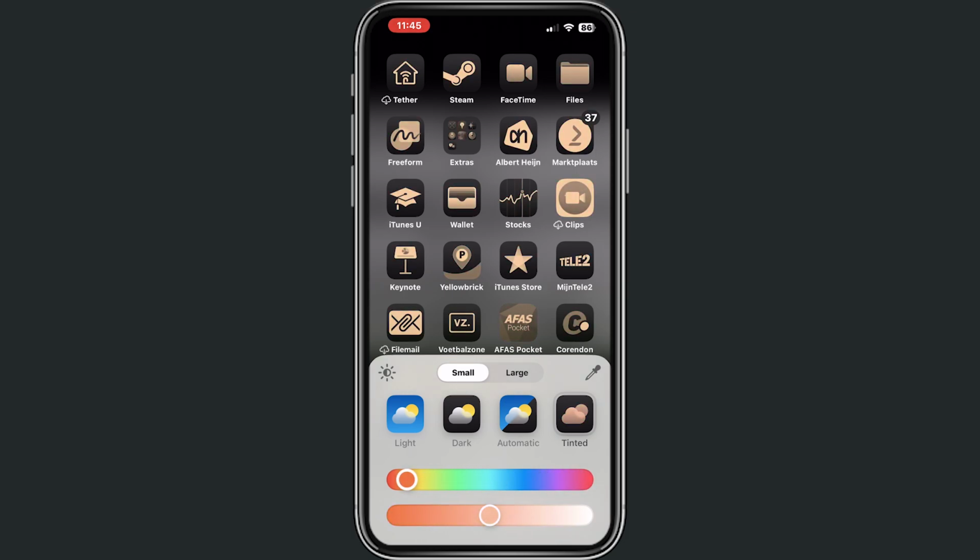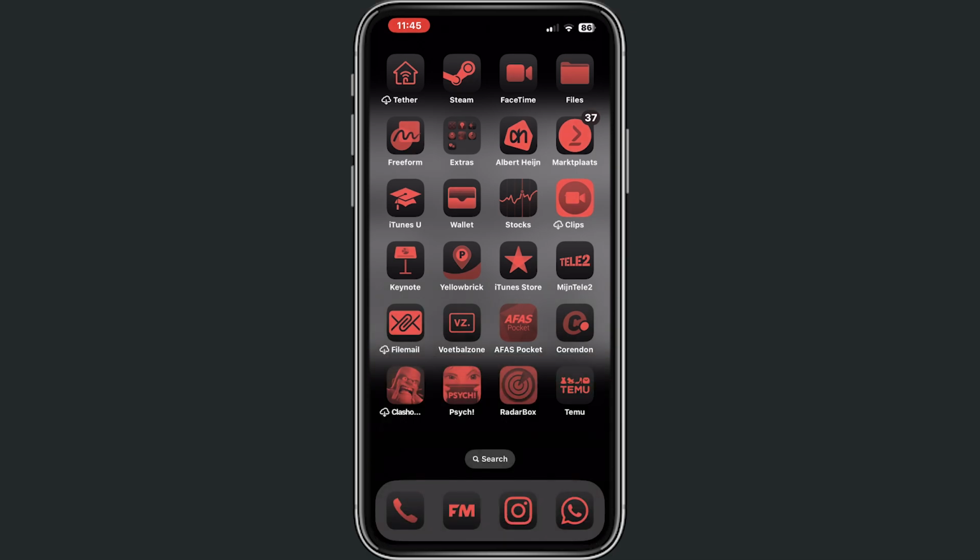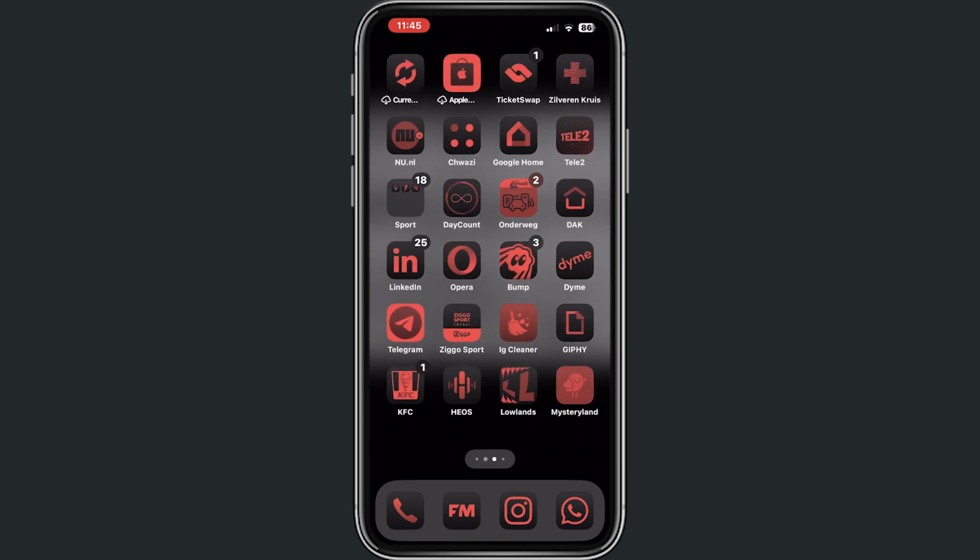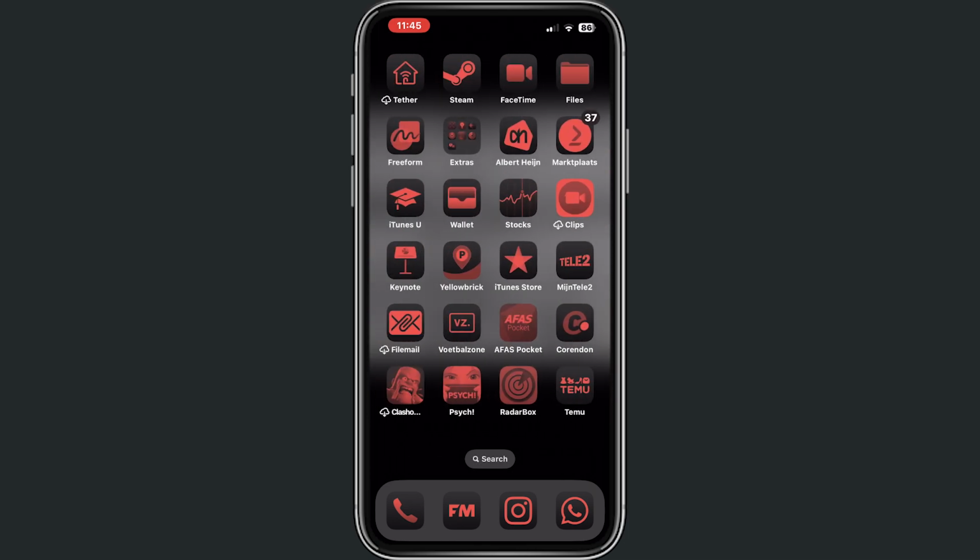Now I like something orange or red. Now if I do something like this and then now click on my screen, we just give all our apps the color red. Alright, this is how it works,